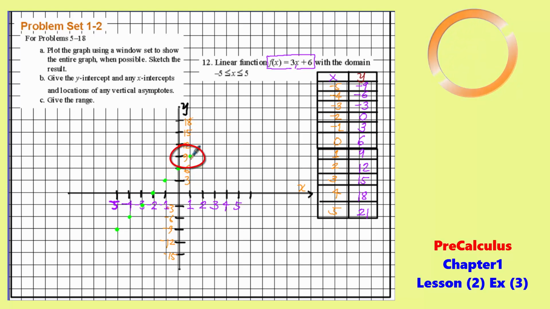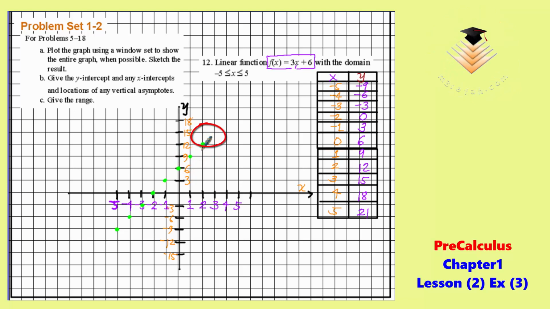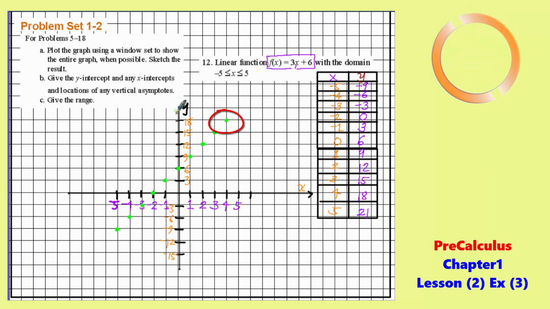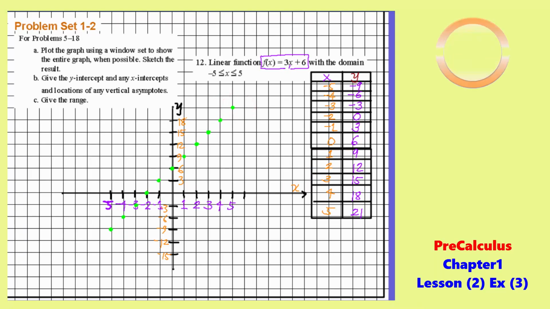If it's 2, it is 12. If it's 3, it's 15. If it's 4, it's 18. And although we don't have a number here for the y value of 21, we could still figure out the pattern. We have a pattern, okay? And that would definitely